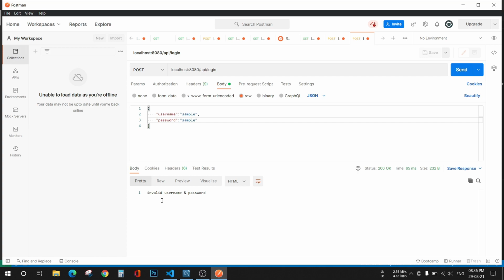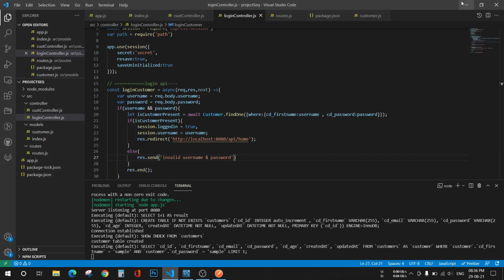Please note that this is a simple login functionality which I have used. I have not used a web token or something else, which I'll show you in the next video. This is just for understanding. You can use this login functionality in your Node code for logging into some websites you are building. I hope this was helpful and understandable also.